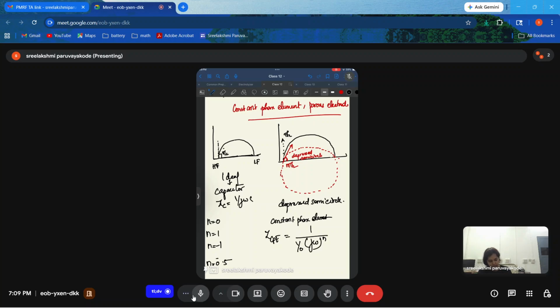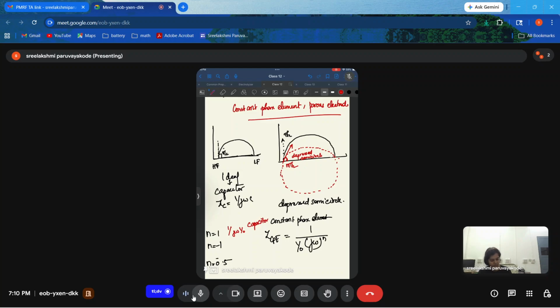You'll get 1 by Y0, j omega raised to 0 is 1. You'll get 1 by Y0, which is kind of a resistance, a constant. Okay, so we are not looking into that case. So it's kind of resistive. Now when n equals 1, it becomes 1 by j omega Y0,